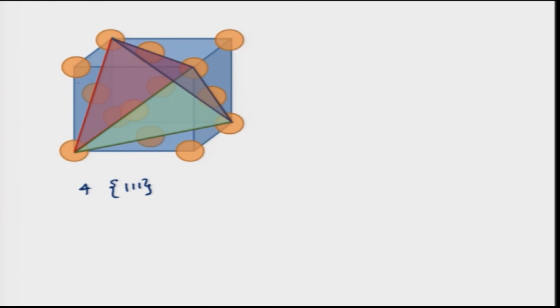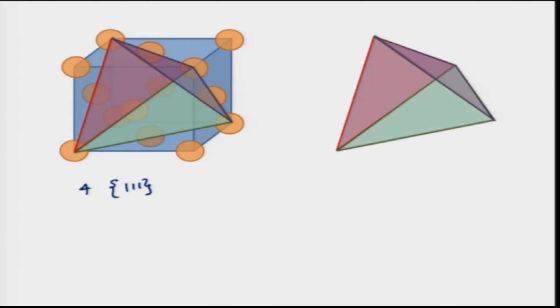So, we have outlined all of these here. So, that is a very good thing. Now, inside the cube we have outlined all the 4 possible 111 planes, and we see that it forms a tetrahedron. Now, we can take out the tetrahedron, it will look like this. So, this has 4 triangles, 1, 2, 1 on the back and 1 over here, and another unique feature of this tetrahedron is that it is equilateral. Another unique feature is that all the edges that you see are actually along 110.